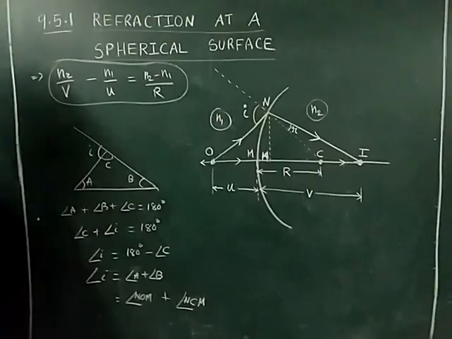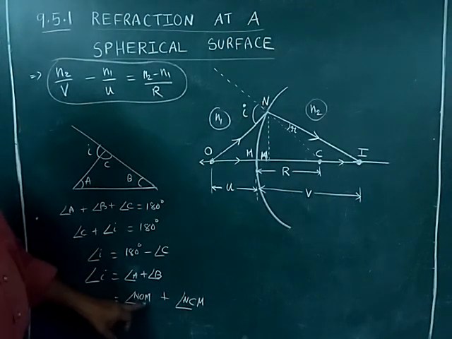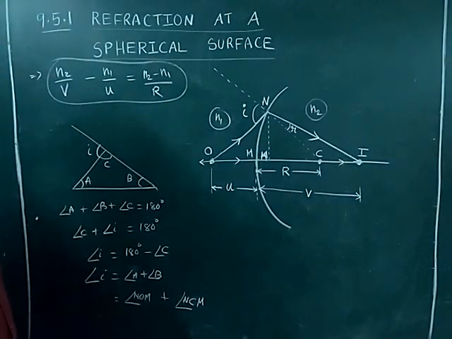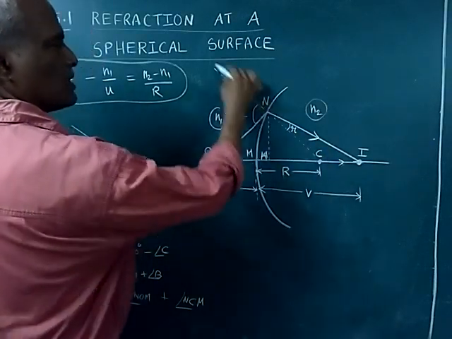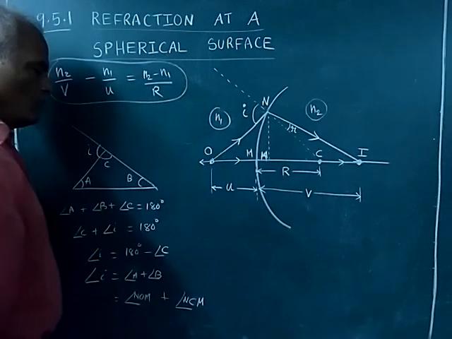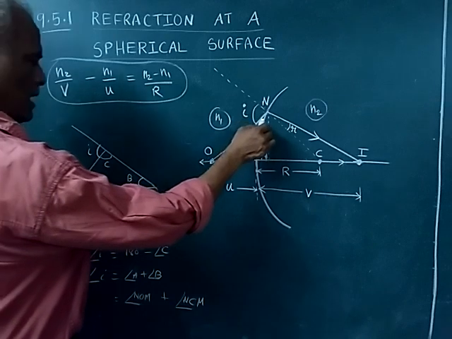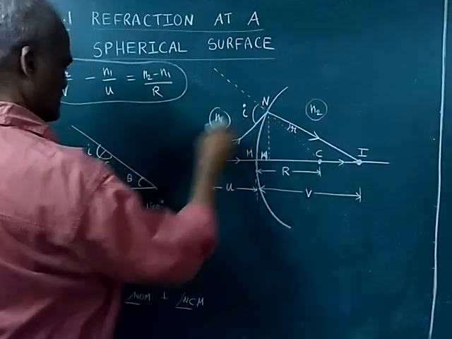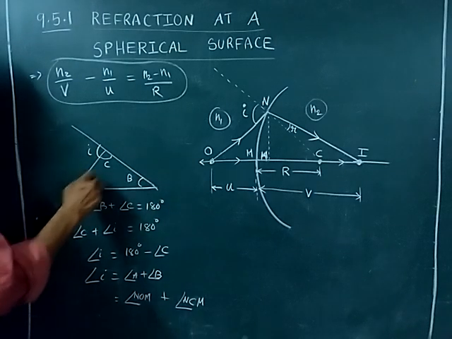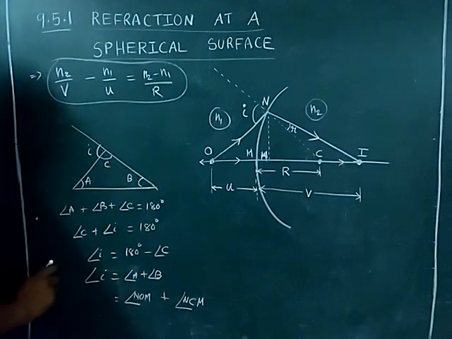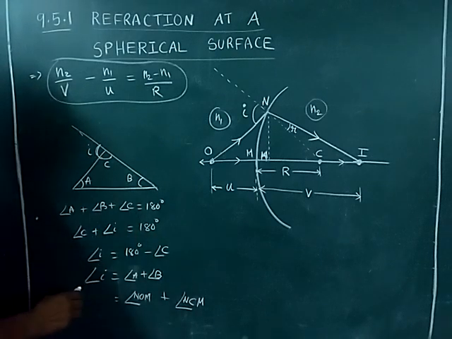Okay. Now we will see the proof, that is angle I is equal to angle NOM plus angle NCM. Now you consider this triangle ONC, and this is a straight line and this is I. Okay, that's what I have represented. So this is angle A, and this I have assumed angle B, and this is angle C. Now for this triangle, if you add all the angles, it should be 180. This is one thing. Then this is a straight line, so this angle plus this angle should be 180.